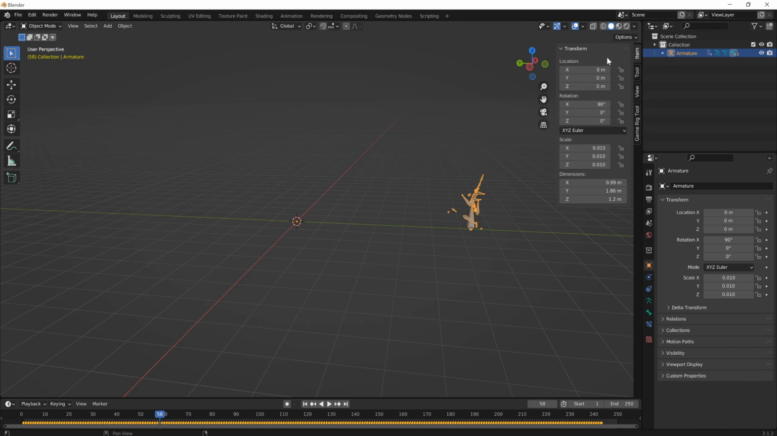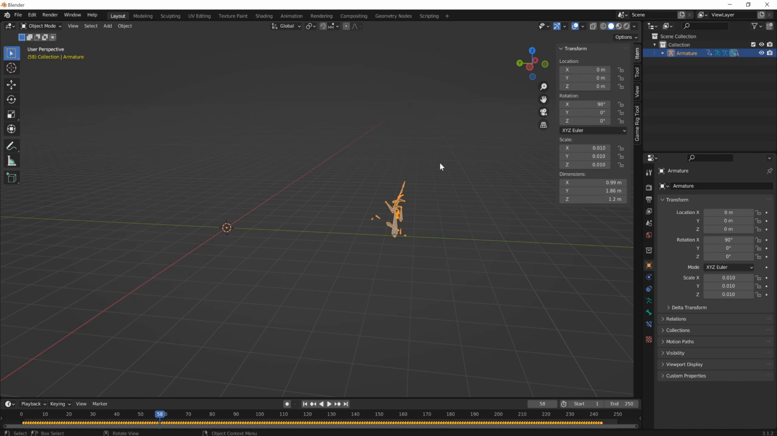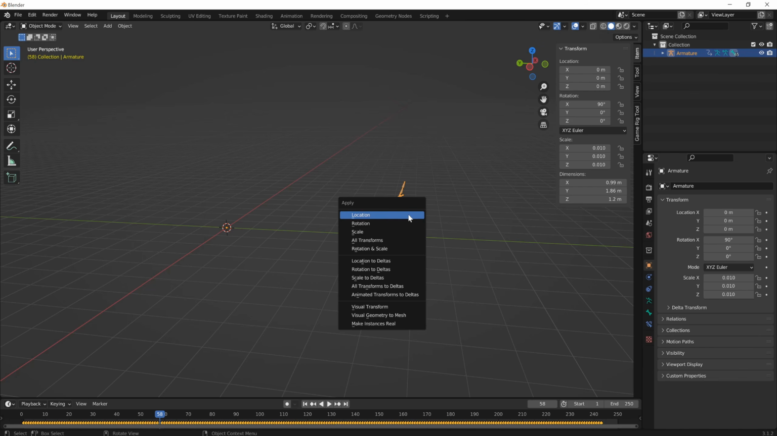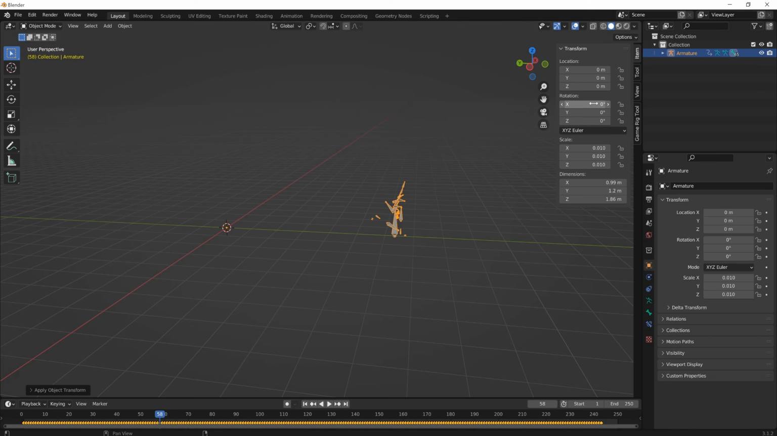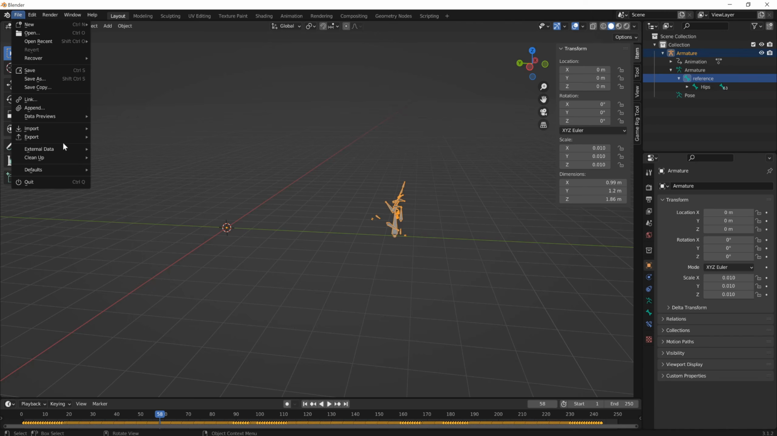And if we open this, you can see this rotation is 90 degrees. So when you import to Unreal Engine, it will rotate 90 degrees. We need to press Ctrl A and apply the rotation. And we have X is 0. Next, we need to change this root bone name to reference. And now we can export